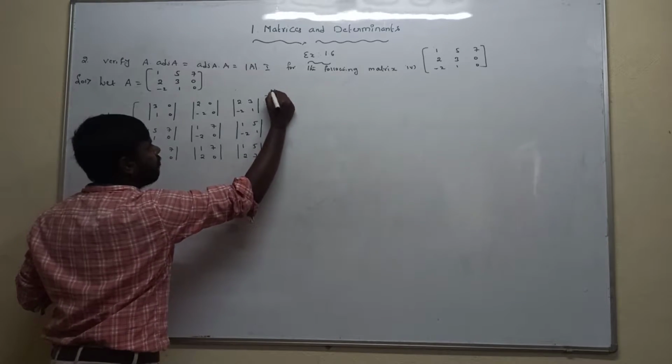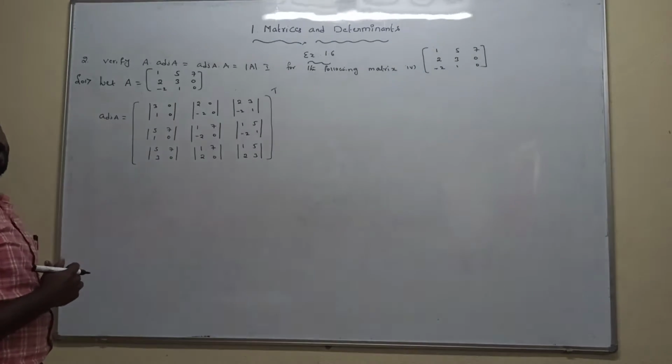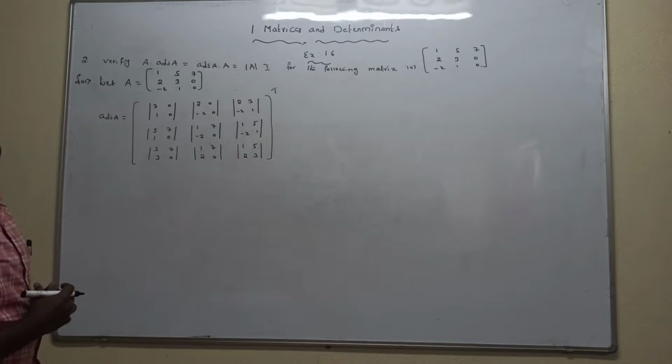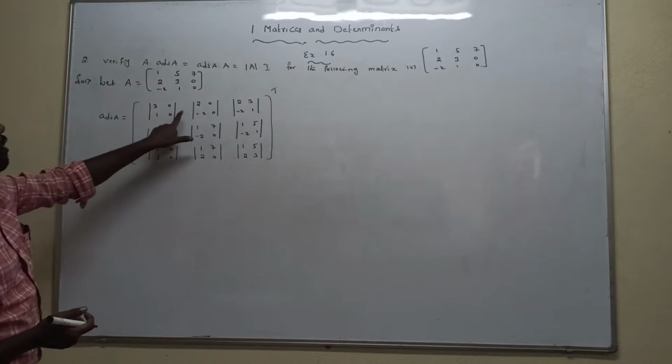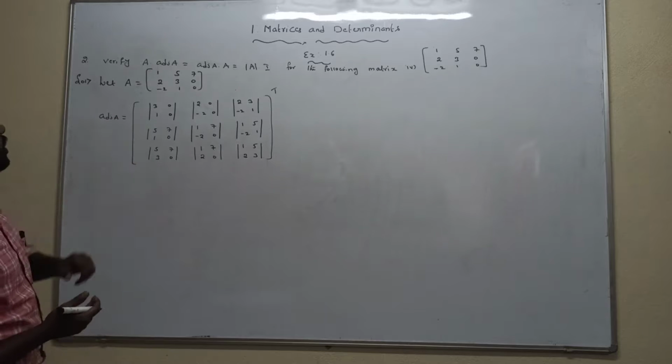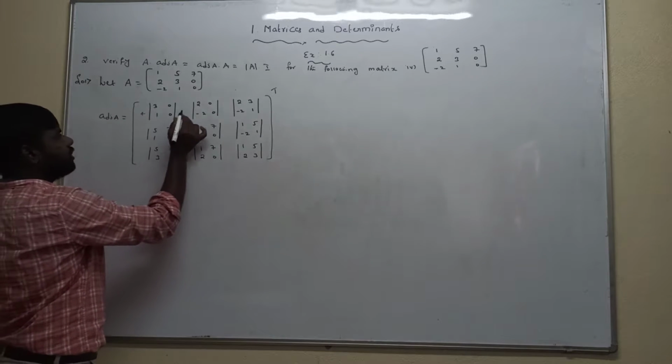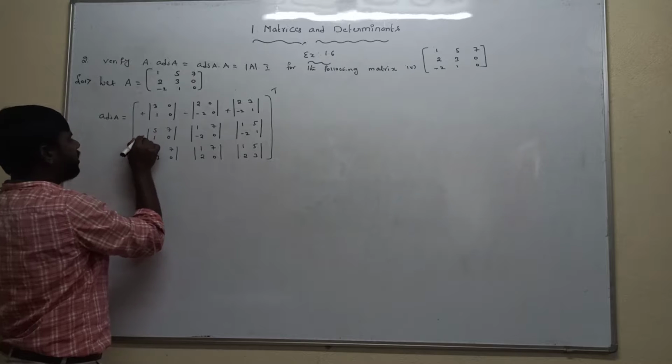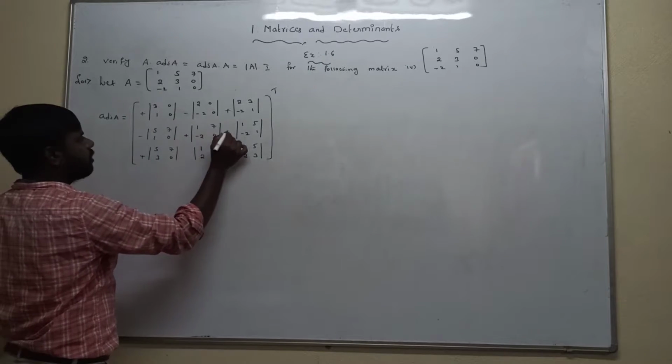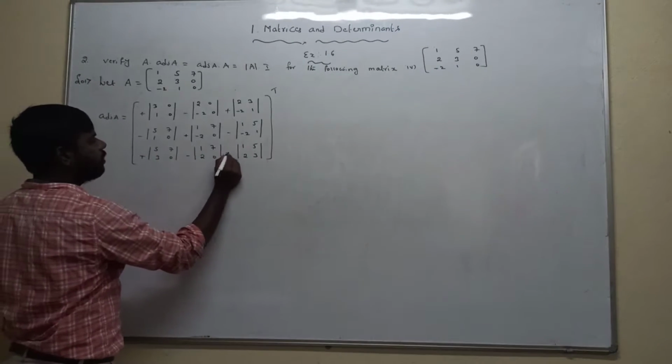So the transpose of the matrix A is nothing but minus 1 to the power of i plus j times M, where M is nothing but the minor of the element. The minor of the element is nothing but deleting the ith row and jth column and taking the left-over elements; that is called a minor. That's why first we are taking minor elements. After that, putting the signs: plus, minus, plus, then minus, plus, minus, then plus, minus, plus.